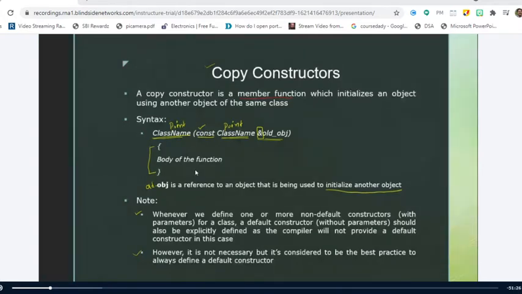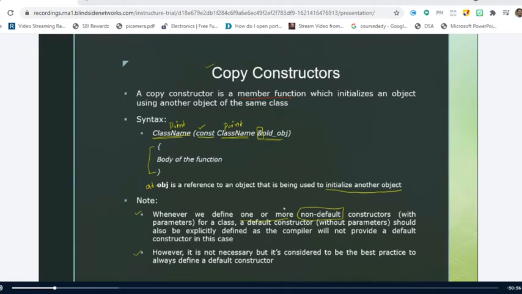But when we define one or more parameterized constructors, a non-default constructor being nothing but a parameterized constructor, a default constructor should also be defined by the user only. Why? Because once you define the parameterized constructors, the compiler will not take the responsibility of providing the default constructor.